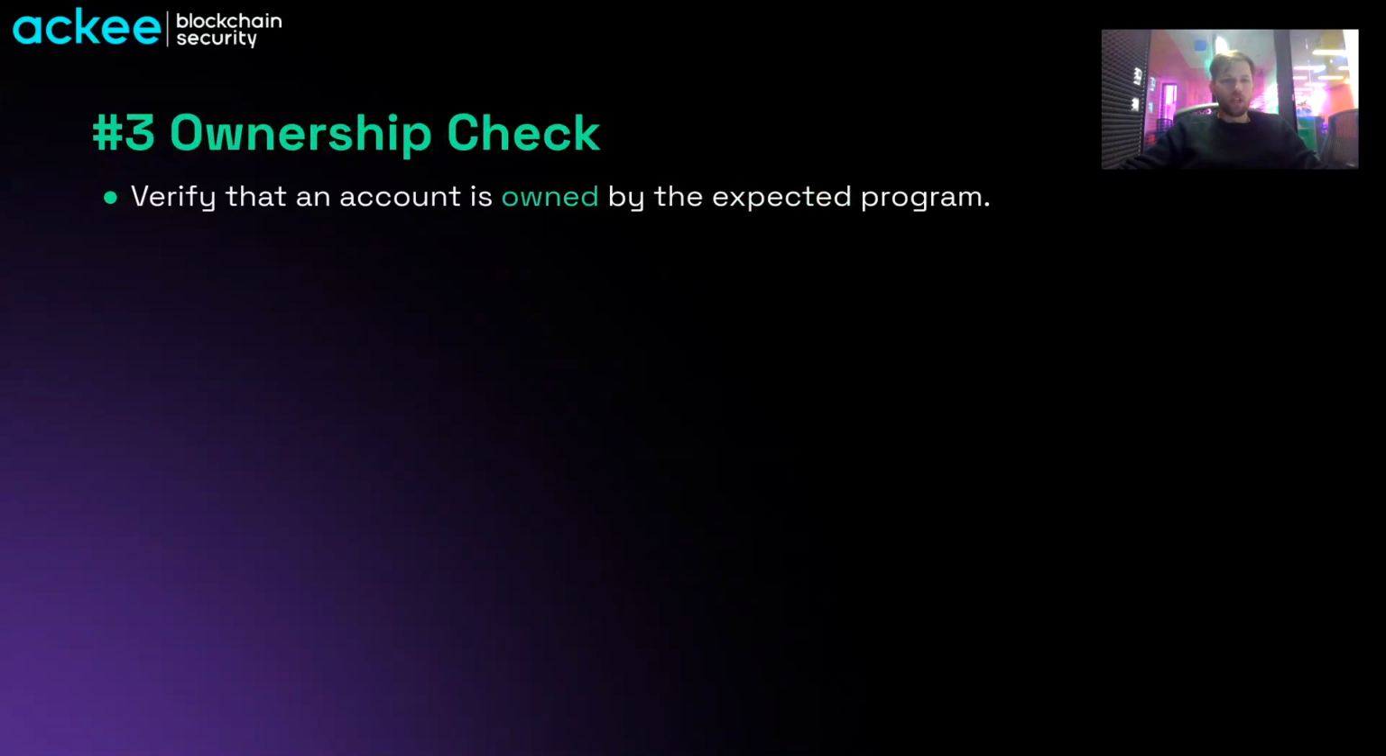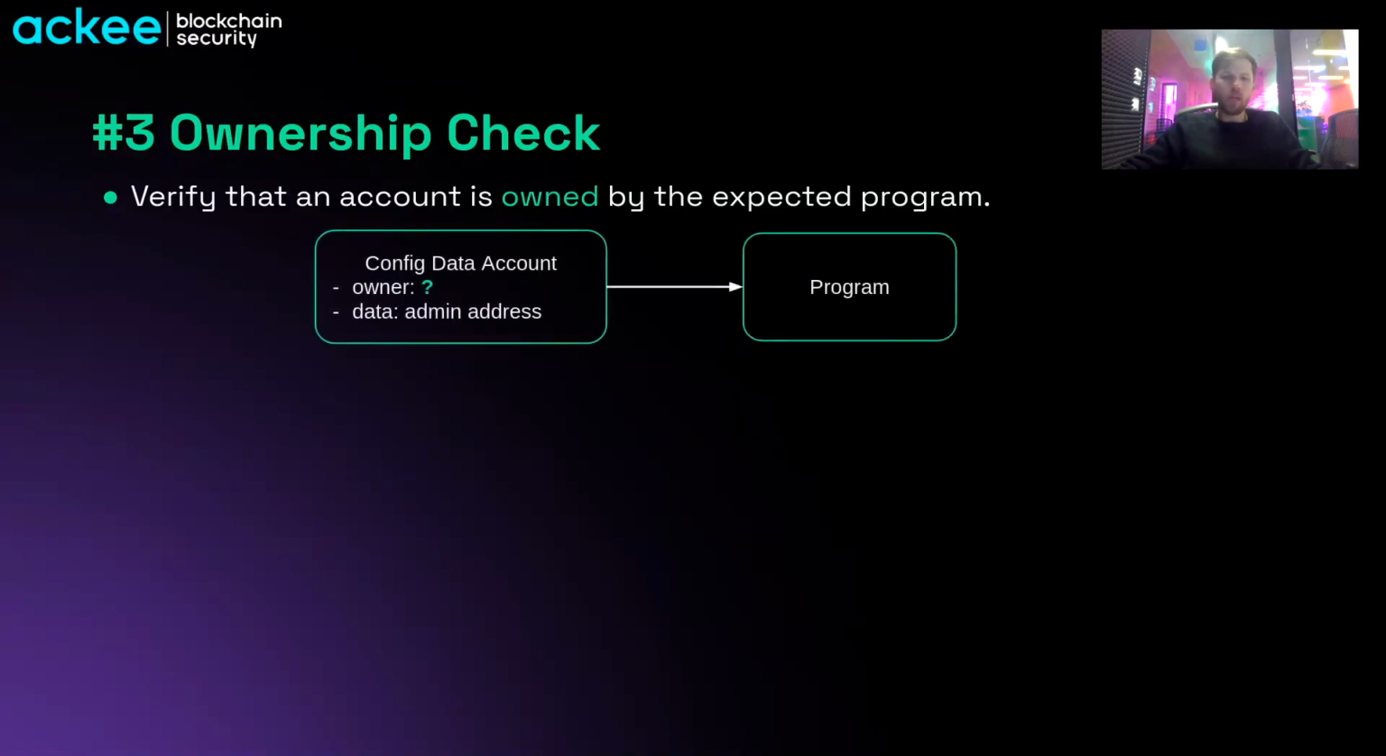Then we have the owner check, or the ownership check. It is a little bit similar. So you have to check that an account that you supplied to your program is owned by the expected program. Here is a scheme. So you have your program here that receives as input some configuration data account, for example,